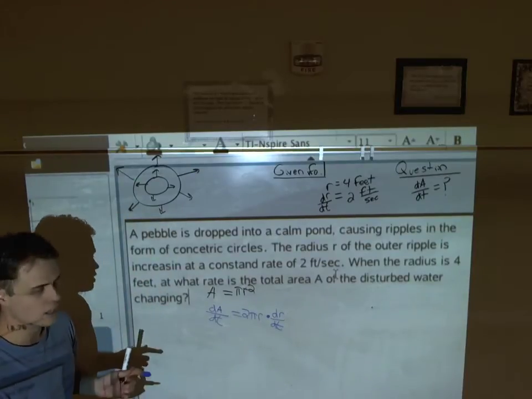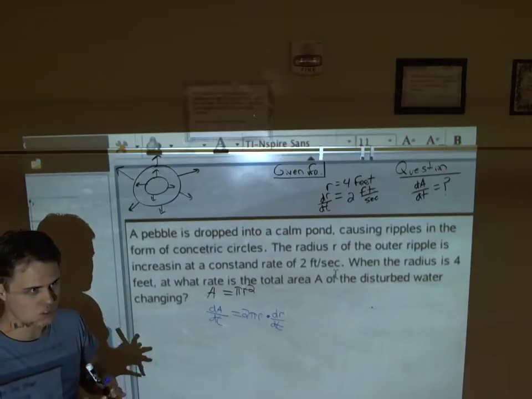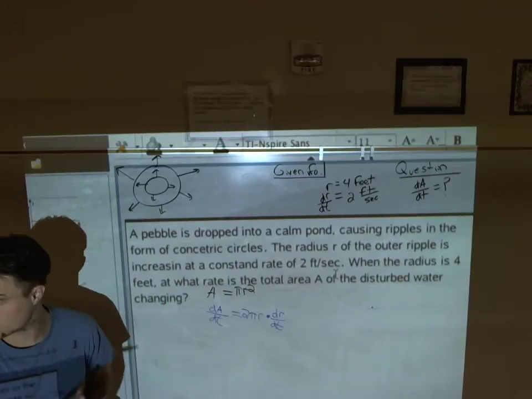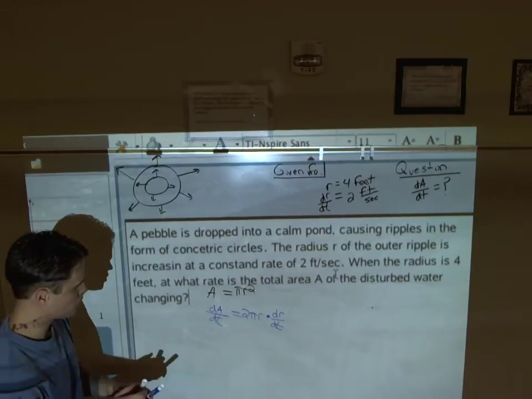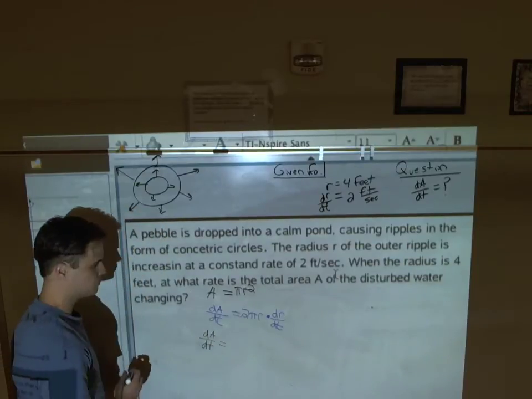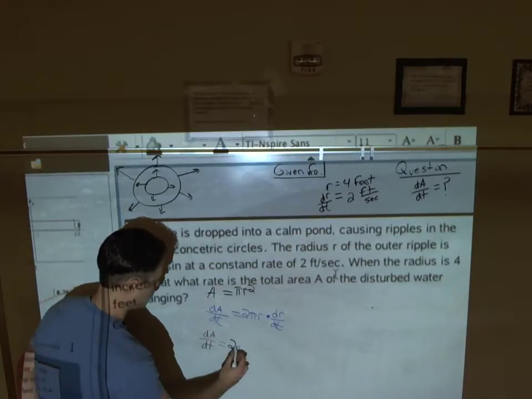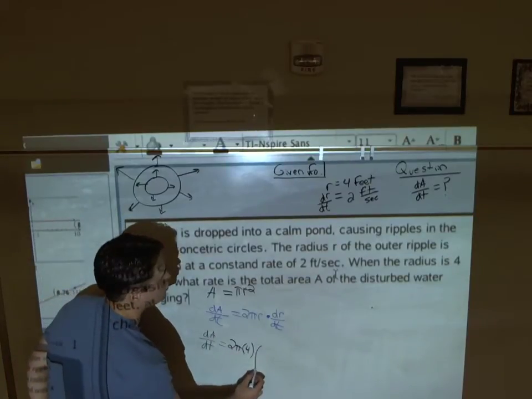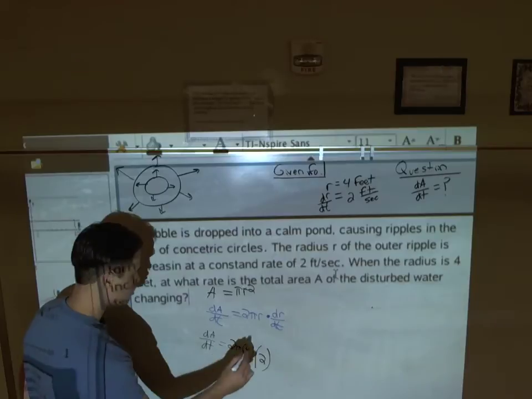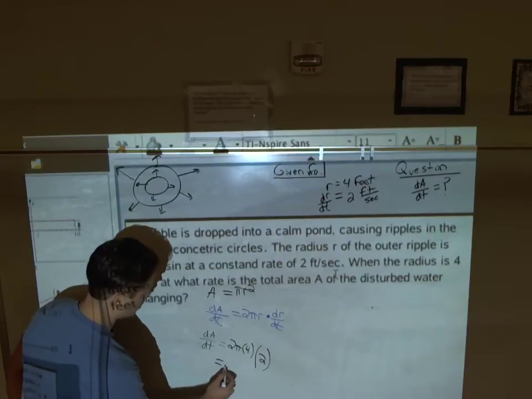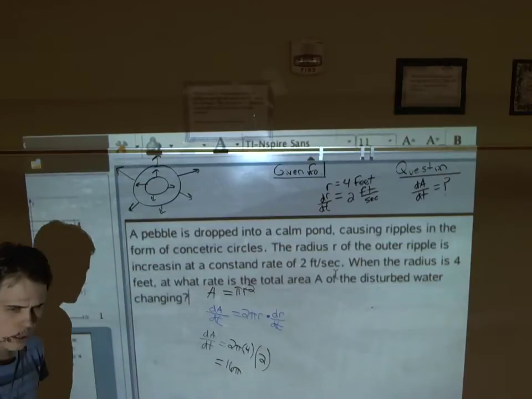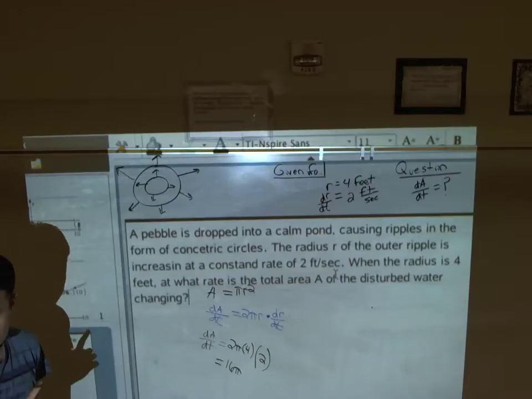Now we can finally say, okay, at our instant in time, when the radius is this big and it's increasing at 2 feet per second, what's it going to be? And we can plug in our stuff. Okay? It's all there, isn't it? So we can say, all right, dA dt is going to be 2 pi times 4 times, it's increasing, so it's a positive 2 for the derivative of the radius with respect to time. So we get what? 8, 10, no, not 10. 16 pi